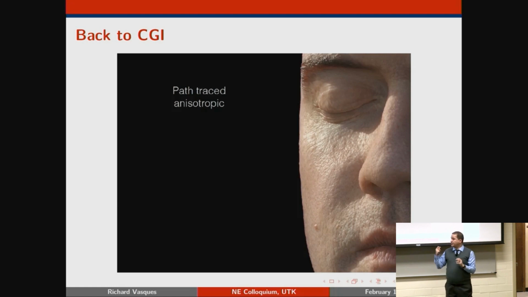Up until this point, they're using exponential flights. If you want deep penetrating light, you're going to have to increase your PDFs in such a way that your mean free path also increases, and you lose the short scatterers close to the surface. If you don't lose the short scatterers close to the surface, you cannot have enough light penetrating deep enough. So you need to be able to balance that.